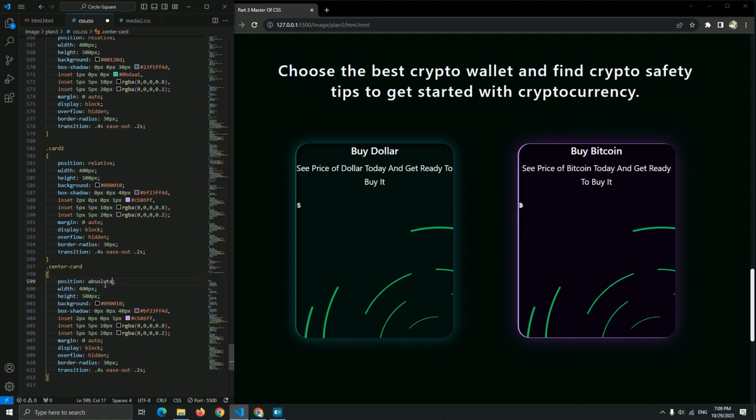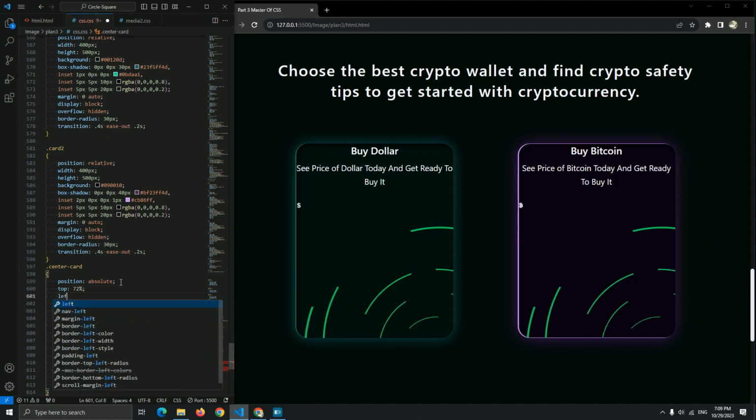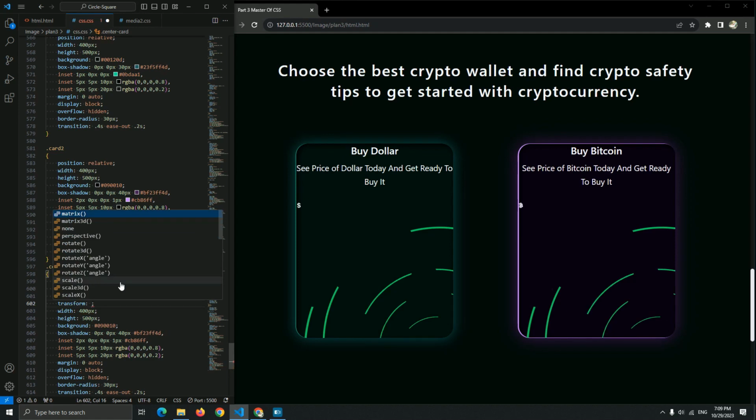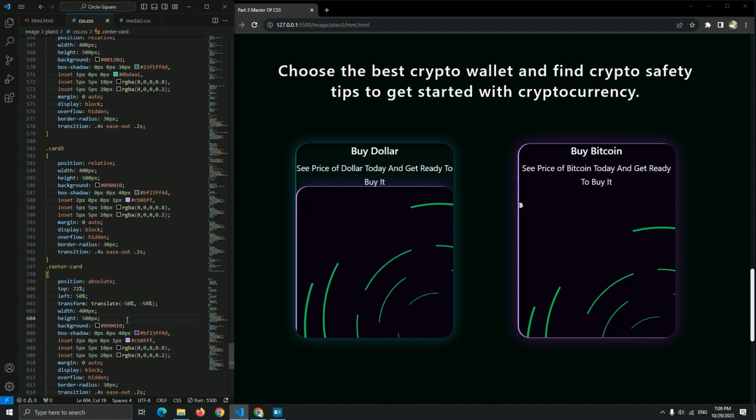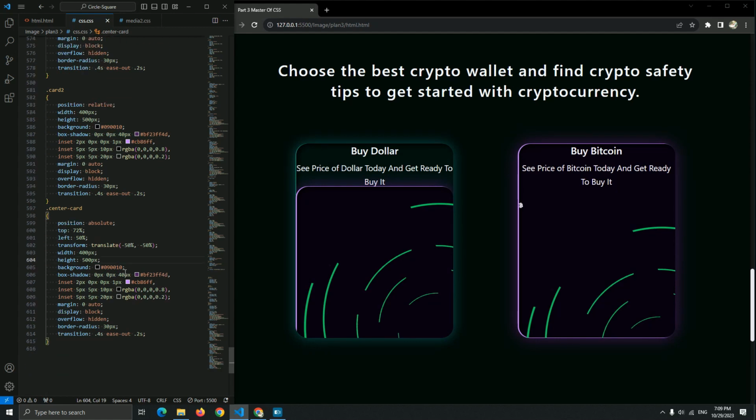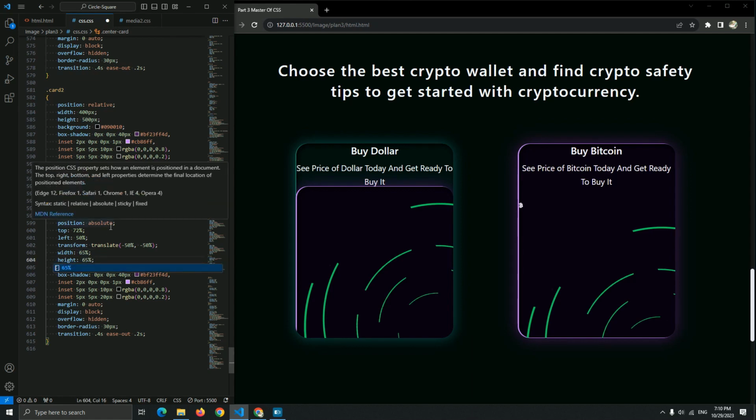Position be absolute, and let me add the top and left. Top be 72%, left 50%. The transform translate minus 50%, minus 50%. Then set the width and height of the center card: width 65%, 65% for the height.